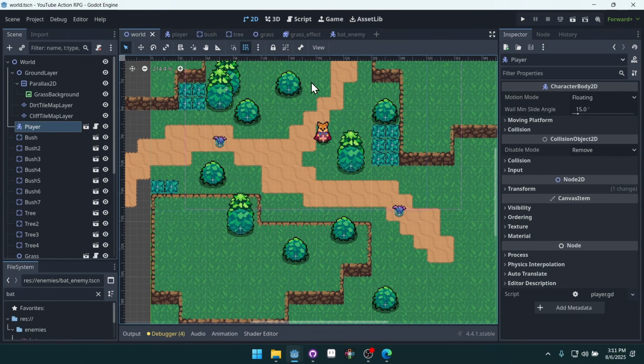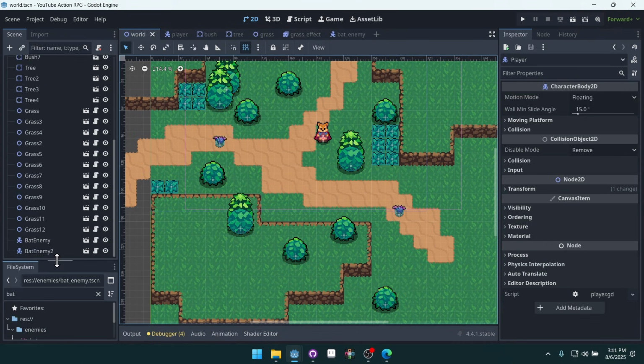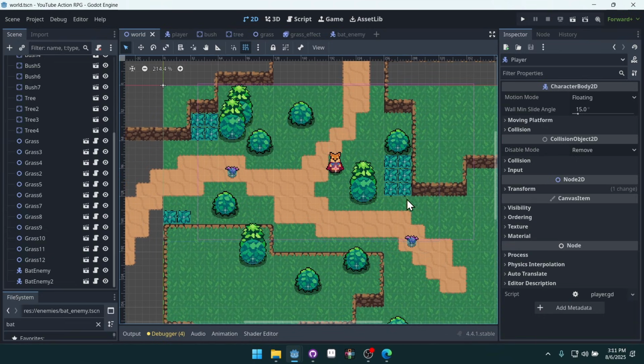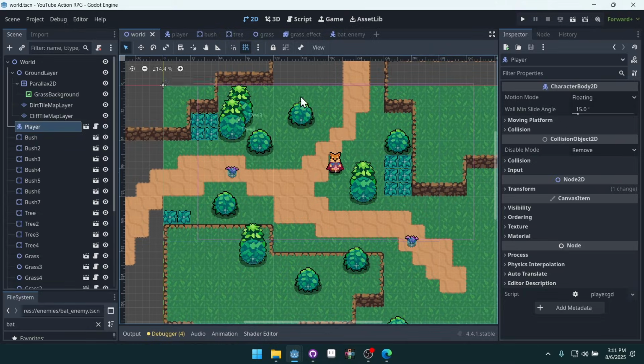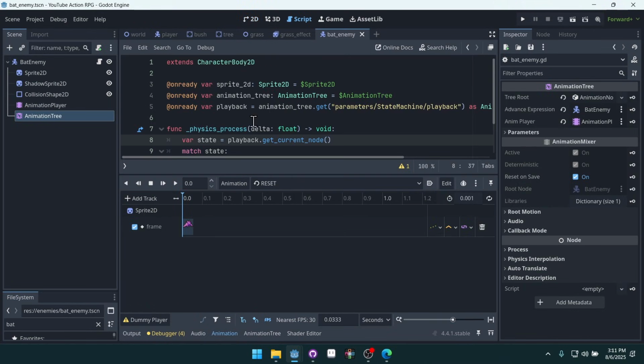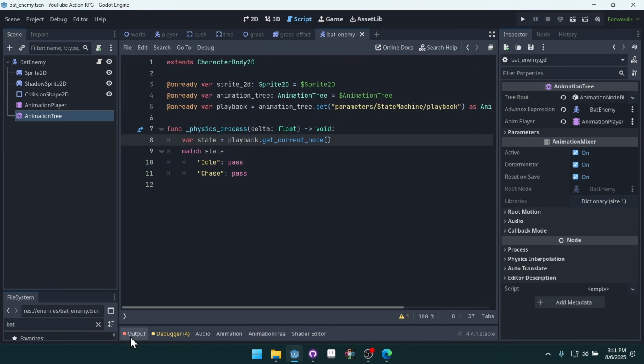Let's look at one way that you could do it that really only works if you have a specific level where you don't add the player to the level dynamically and you don't add the enemies to the level dynamically. So what I mean is everything in the level is already in the level to begin with. So if we were to do that, we could come into our bat enemy and we could actually,